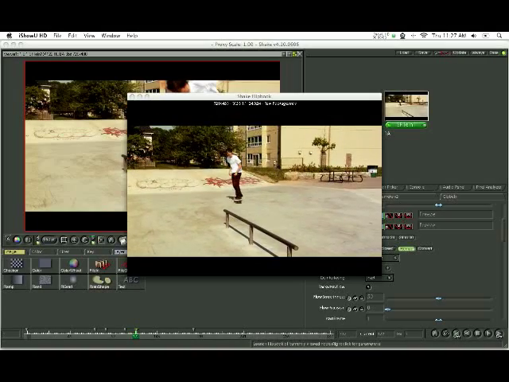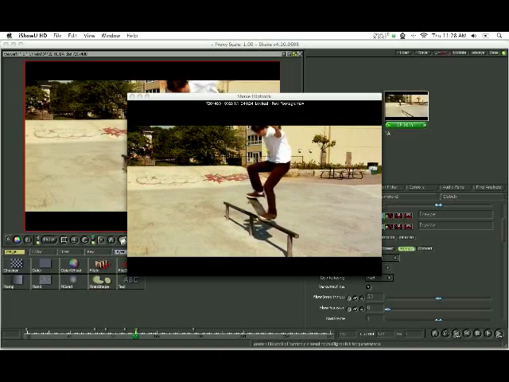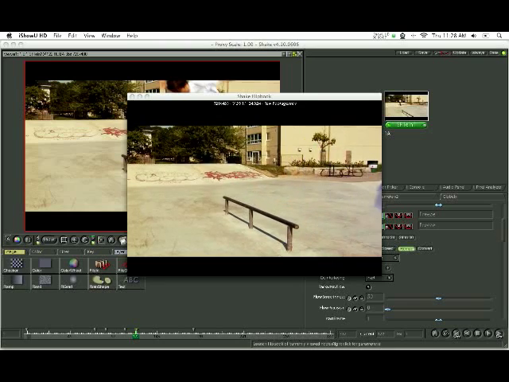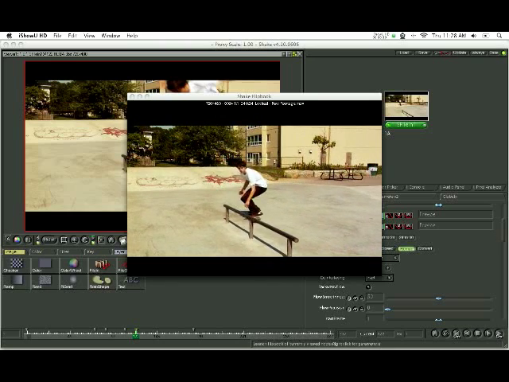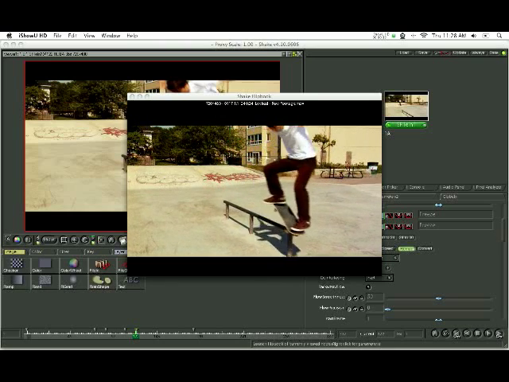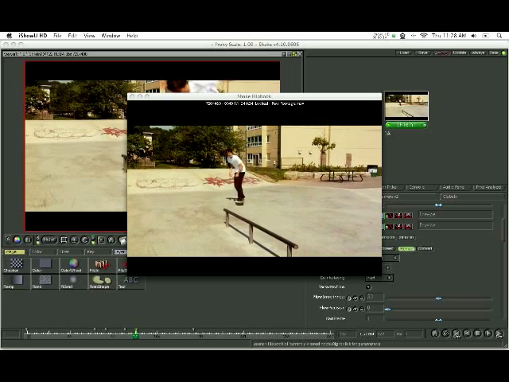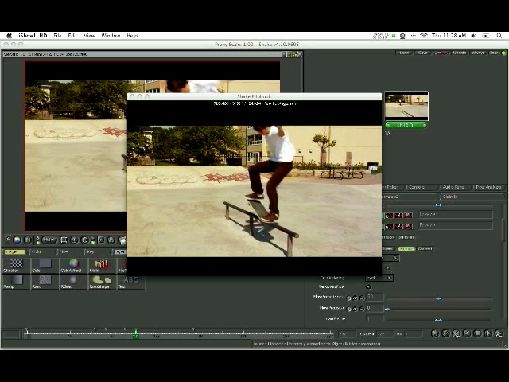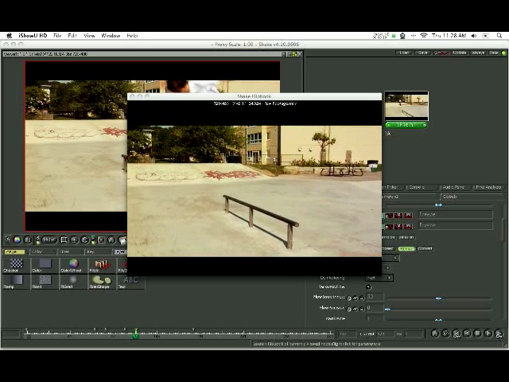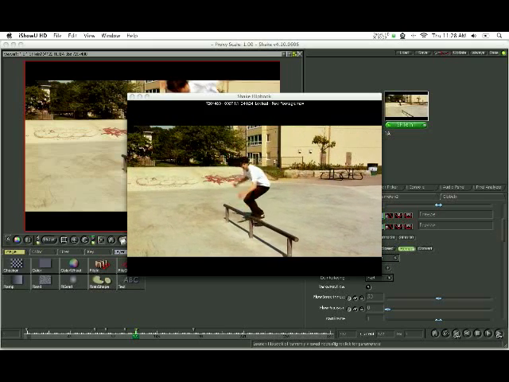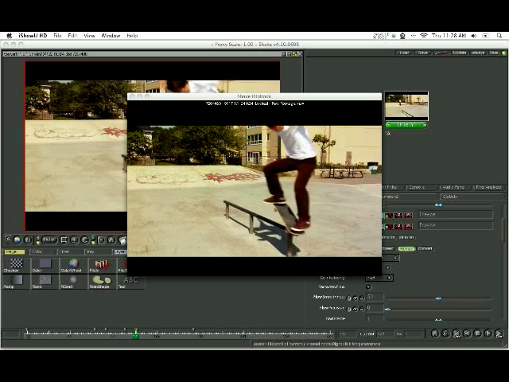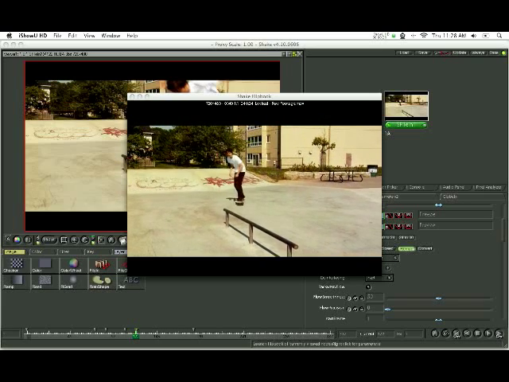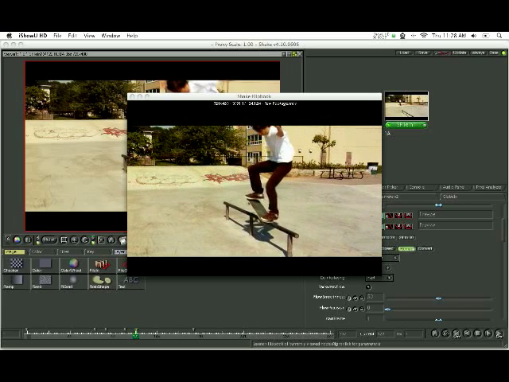I've rendered this out, and as you can see now, this is with the optical flow, with the time remap. This is just a continuation, I guess, of the tutorial I was just doing. I just stopped to render everything out, so here you go. This is basically all you can do with the time remapping and the optical flow. It's obviously a lot smoother than what you guys saw with the frame blending,